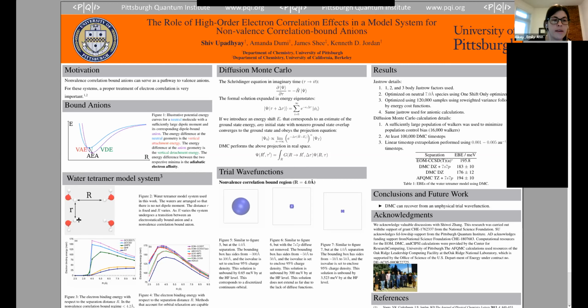Okay, and then does that mean in your calculations, you fix the geometry of the water so that the hydrogens are always pointing towards each other? Okay. And the reason for that is we get the dipole moments to cancel here, and we have a strong quadrupole moment. So what we're really doing is tuning the electrostatics of this system to act like something larger like C60. And so we're really just playing with the waters to approximate the physics of larger systems. Got it. Cool. Thank you. Yep. Thank you.